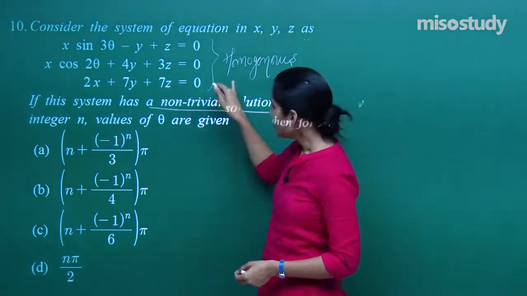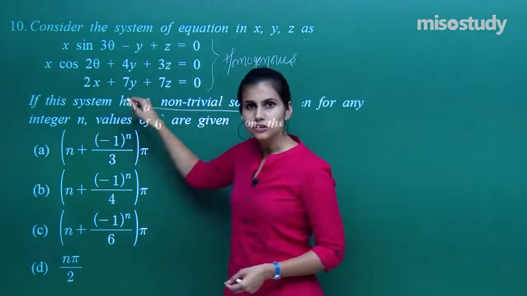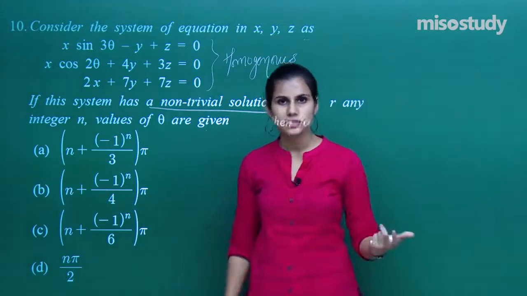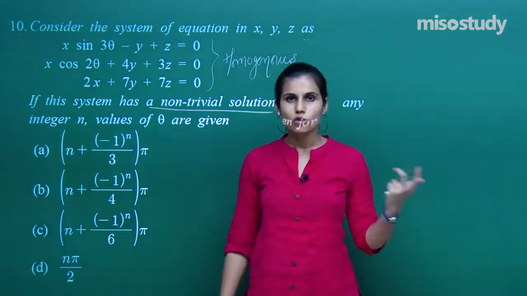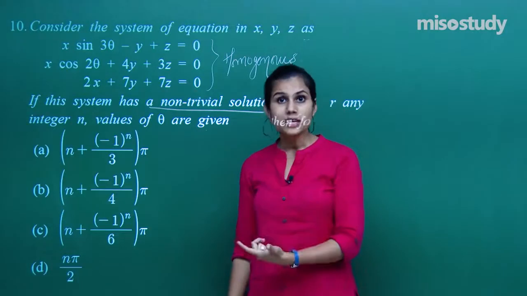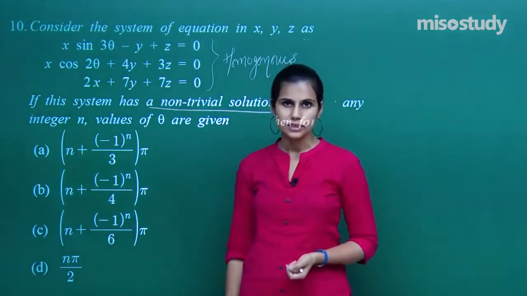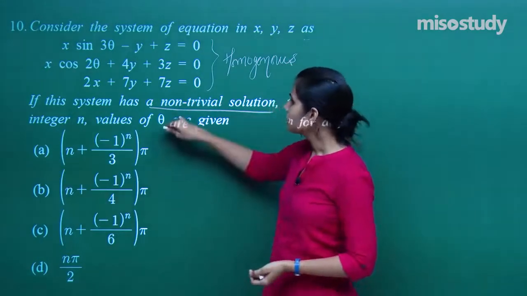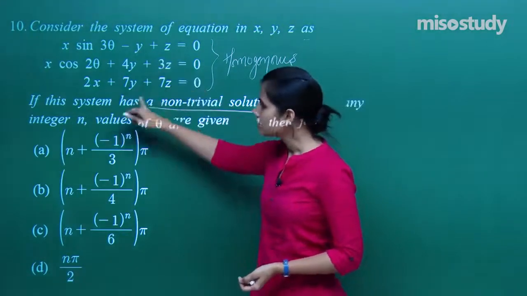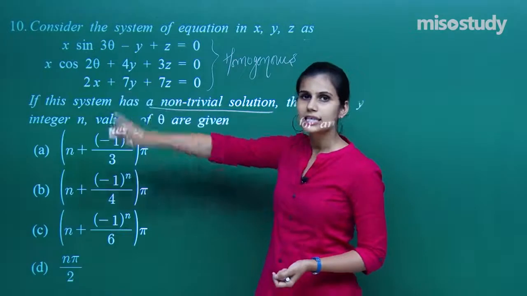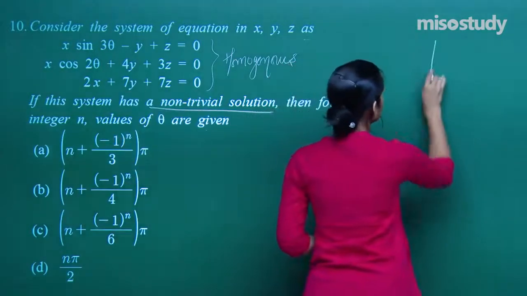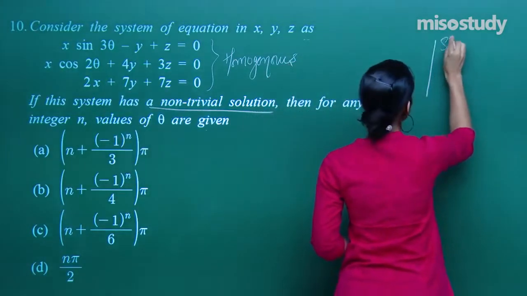Yes, it is singular. When the coefficient matrix of this is non-singular, you get a unique solution which is a trivial solution 0, 0, 0, x0, y0, z0. When it is singular basically, then you get non-trivial solution. So, if it is given to you that you are getting a non-trivial solution, means the determinant of the coefficient matrix is 0. So, determinant of sine 3 theta